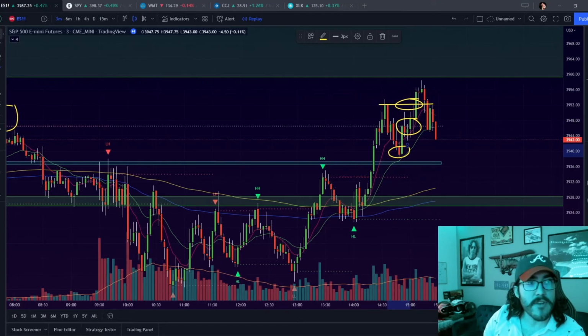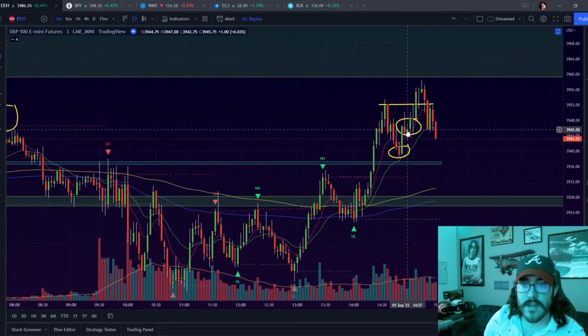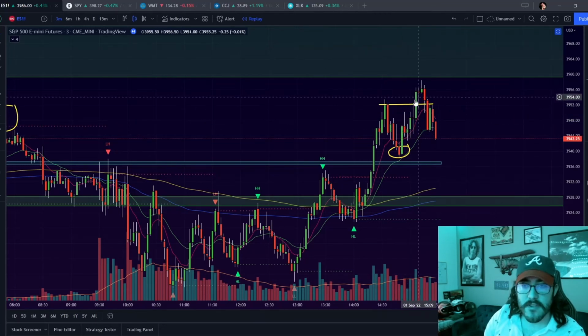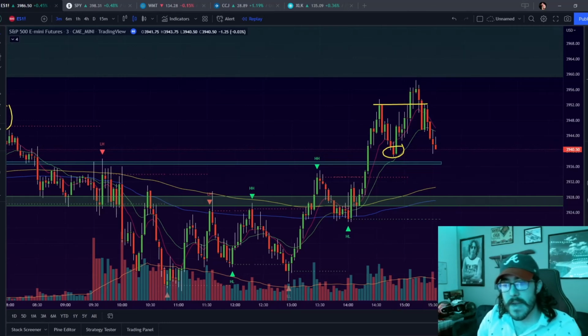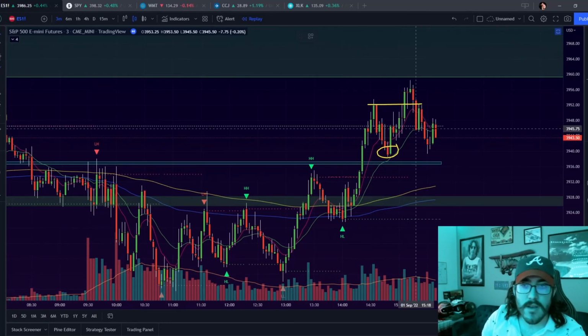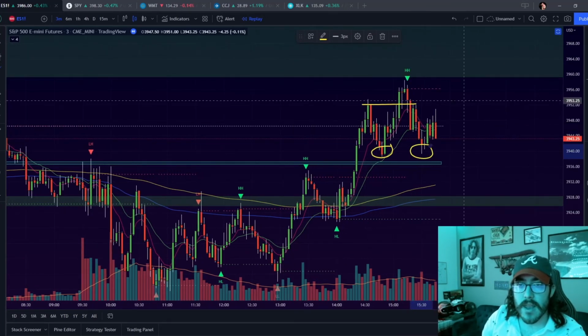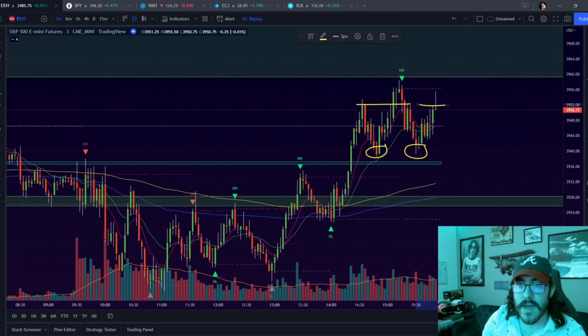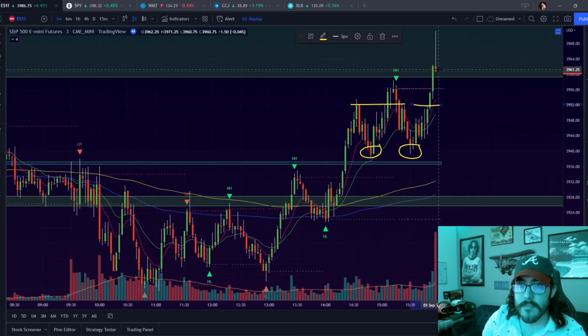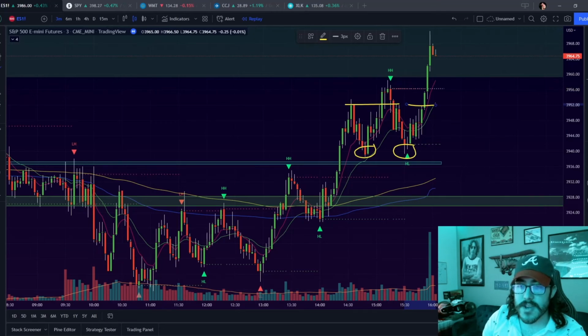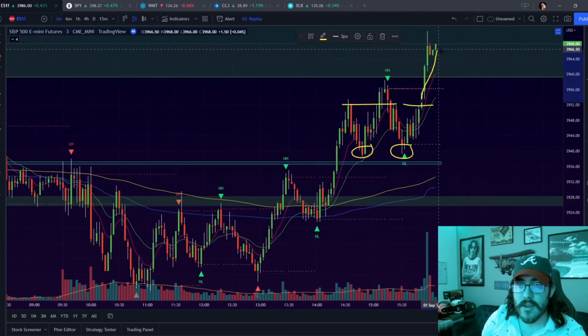We're going to go ahead and give it a pause. We're going to clean up this chart really quickly. And this is going to look identical to our SPY chart, right? So we'll see that base right down there for our support. Boom, double bottom. Now we're looking for that break right here, the right shoulder. We see that break. We're in the long position, and we are riding it all the way up here